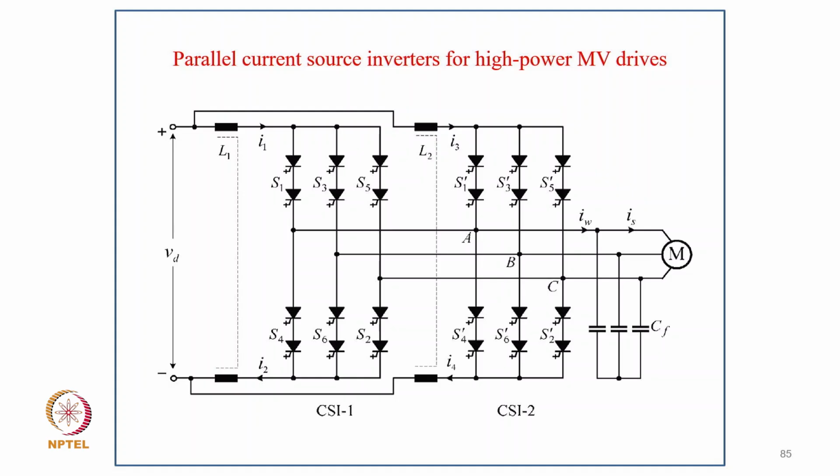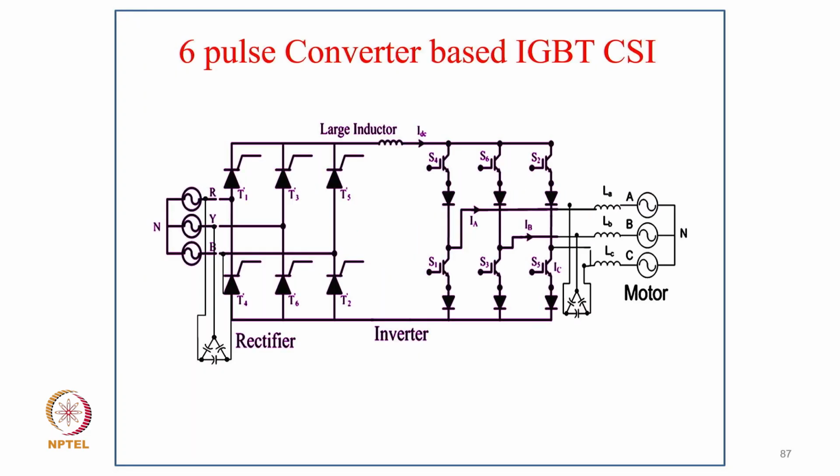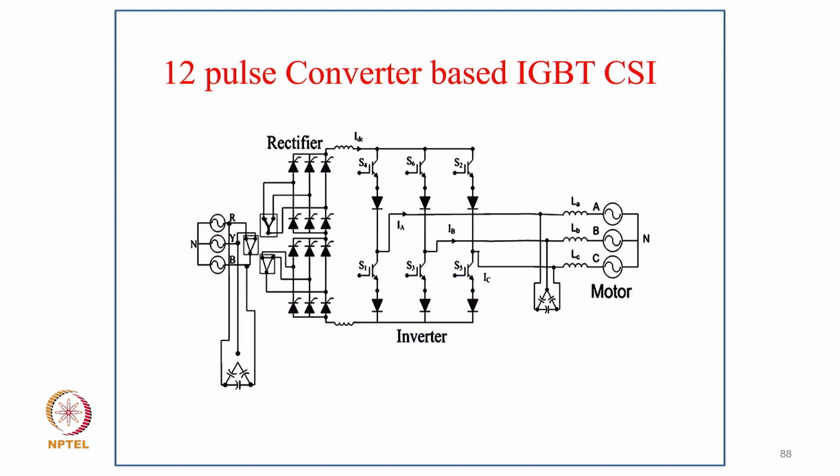To really reduce the number of harmonics and increase the rating. Now coming to thyristor converter with IGBT based combination. So here on the converter rectifier side, we use the thyristor converter, of course with the capacitive filter, and then we derive the current source, and then we use the IGBT with series diode and with the capacitor filter on the motor side. And then another combination, maybe on the rectifier side, we can take 12 pulse to reduce the harmonics, and then